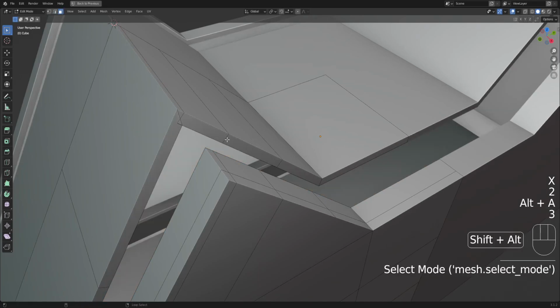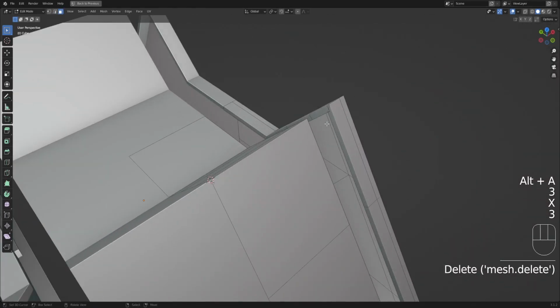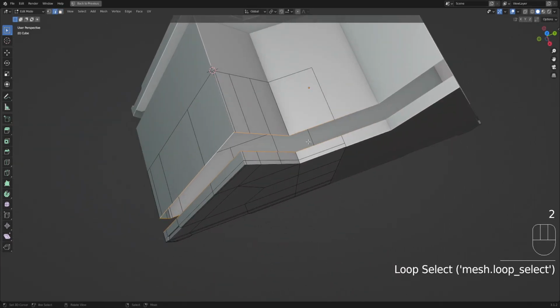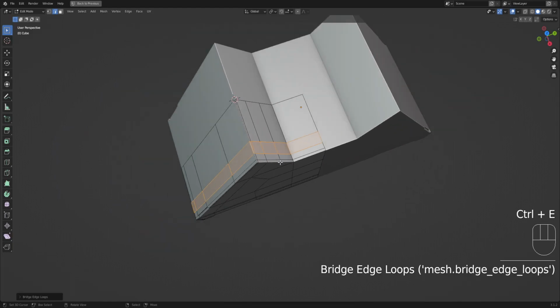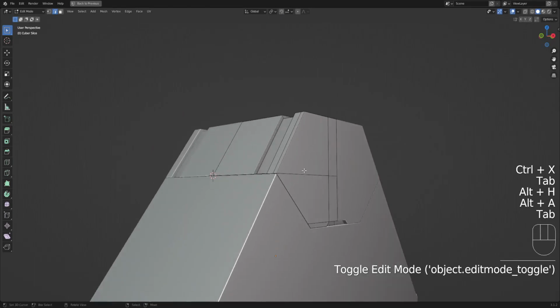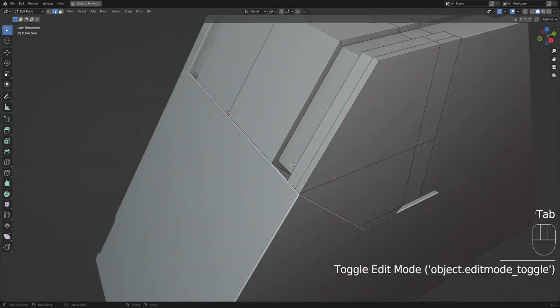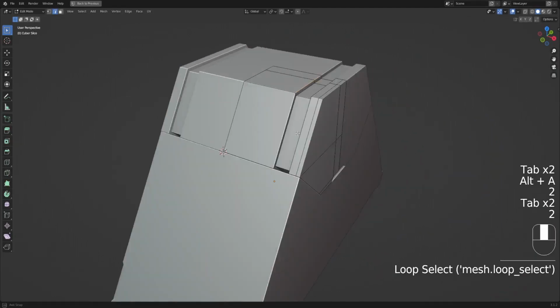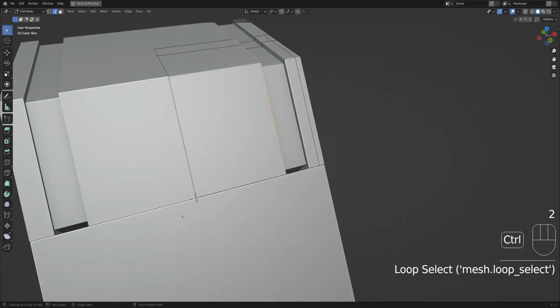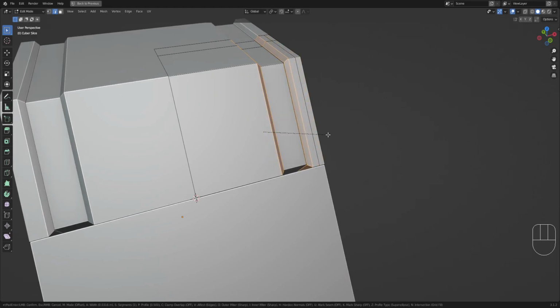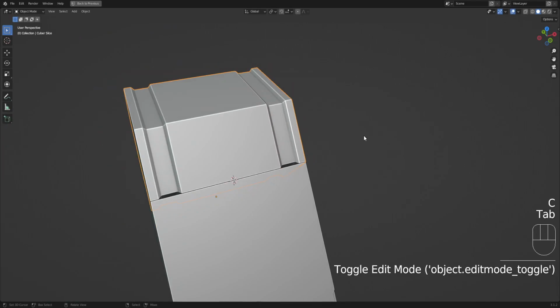So I'll just have to manually fix that. You also need to learn how to fix the topology using the tools in Blender. Okay, I'm going to just inset the top part and bevel. Press C to activate clamp,